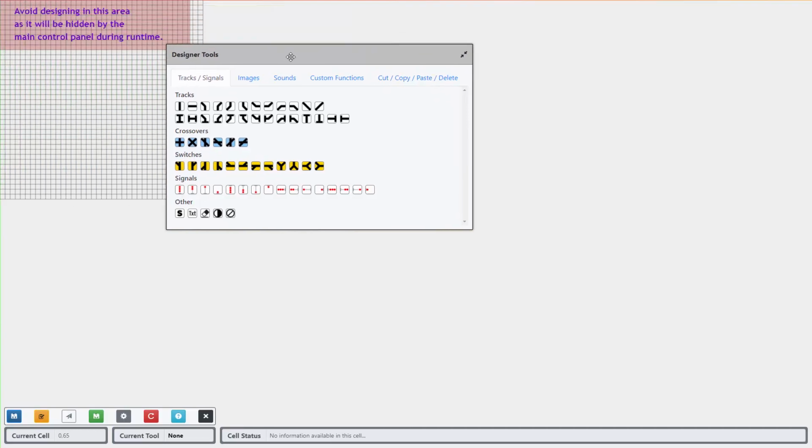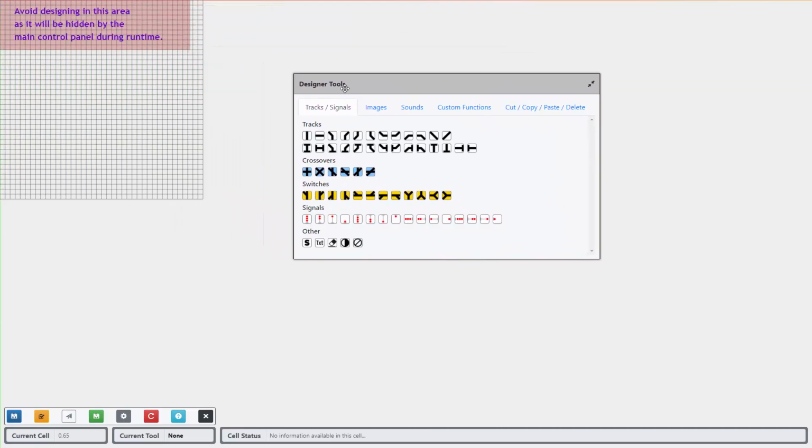When designing a layout, you will work in a confined grid system. For new layouts, the default grid size is 40 rows by 40 columns. Each cell in the grid is 12 pixels by 12 pixels. Now, of course, most layouts will probably use far more than this, and because of that, there are several ways